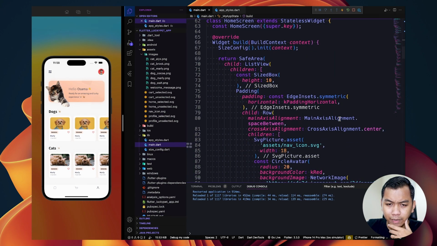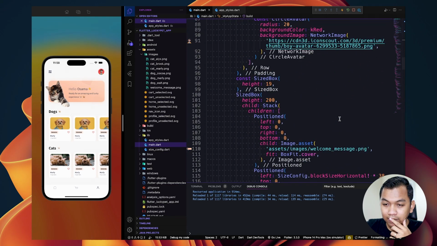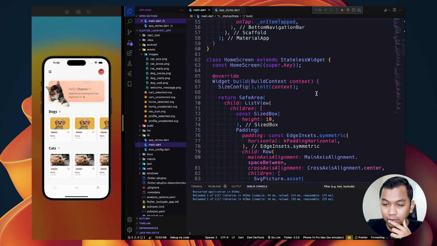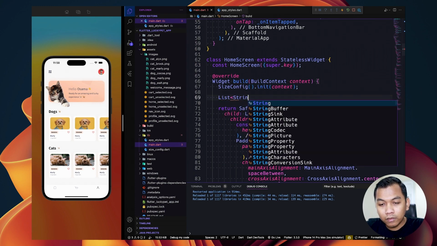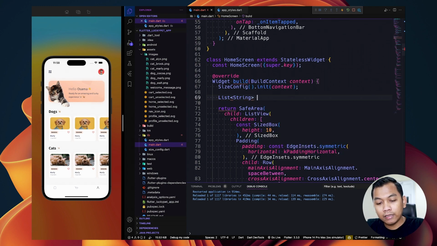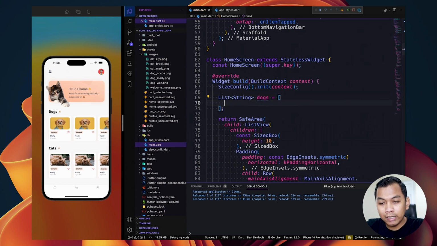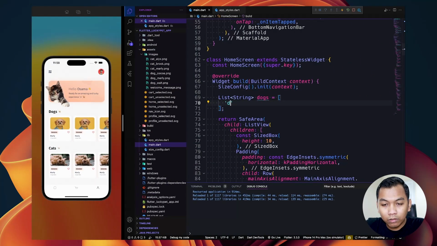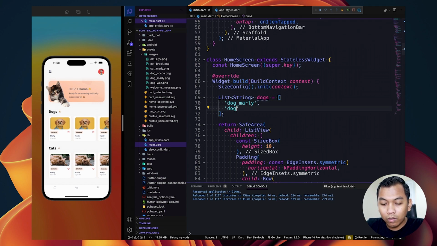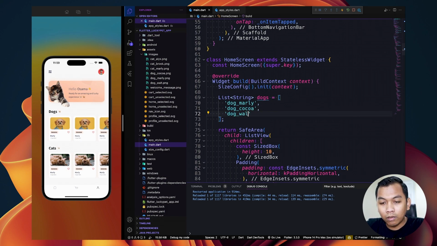and maybe let's create a list, maybe here, list of string, and we can say docs, and initialize our list, and we will have Marley, Cocoa, and Walt. So we say doc Marley, and then doc Cocoa, and doc Walt.